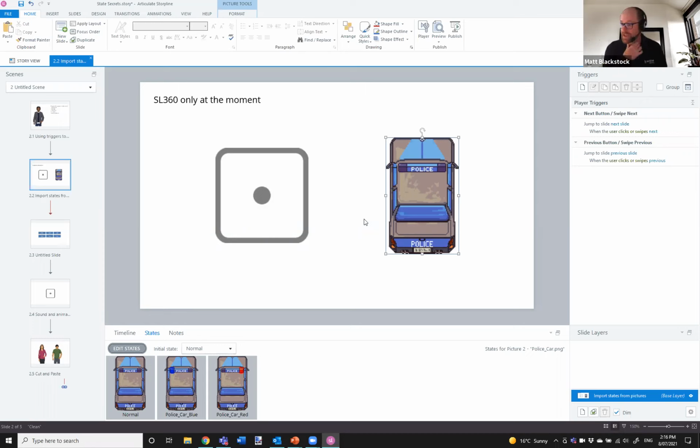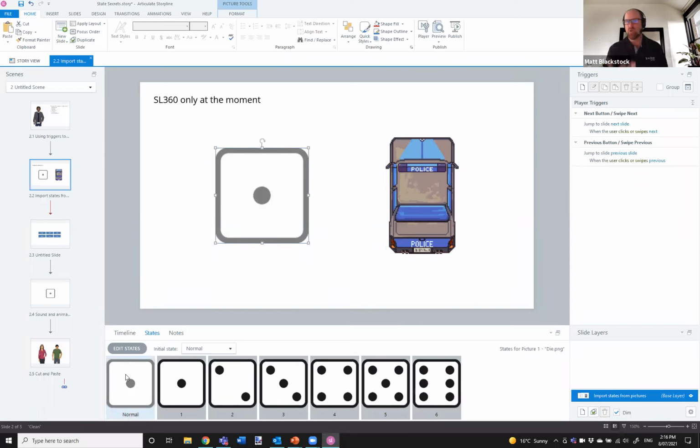Kylie, with the dice example, where there were two images of one, which I changed the initial state to one and then the normal state would be ignored. It depends on how you want to work. What I do here is I have the normal state as my resting state, and then I've got 1, 2, 3, 4, 5, and 6. I tend to find when setting up triggers, it makes it easy to track, especially if I'm using a number variable. If the number variable is set to one, I know I'm showing the one state as opposed to showing the normal state, which can get a bit confusing. So that's one of the reasons why I've got them in there. And generally, besides being initially seen with the normal state, the rest of them will take over as we go through. Yeah. All right.